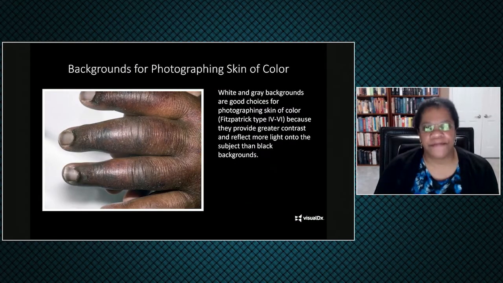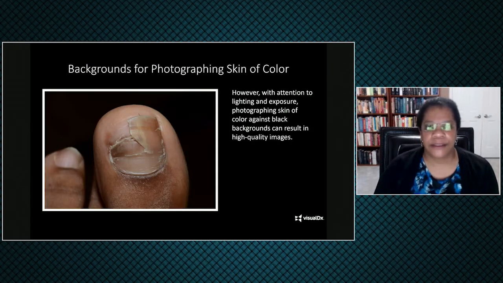So there are a number of articles that have been written on dermatologic photography that state that white and gray backgrounds are good choices for photographing skin of color because they provide greater contrast and reflect more light onto the subject than black backgrounds. All right, next. In my experience,